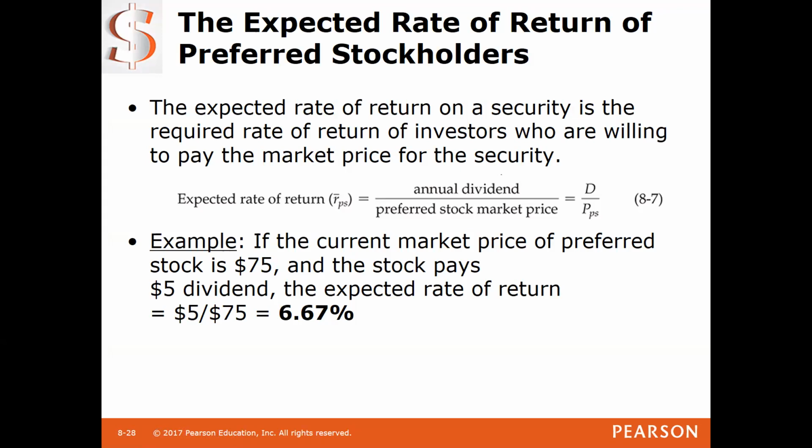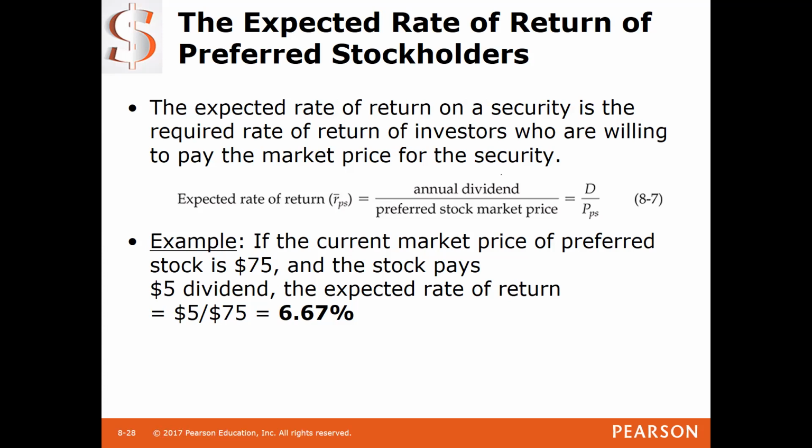The formula is pretty simple. It is the rate of return that investors are willing to pay if they want to buy a preferred share of a particular company. And the formula for this is the annual dividend that they will receive divided by the market price. So, in the example on your screen, if the market price of a preferred share is $75 and the company pays an annual dividend of $5,